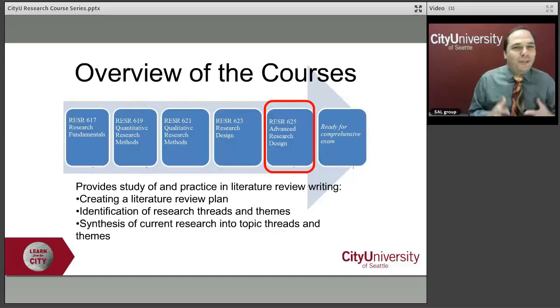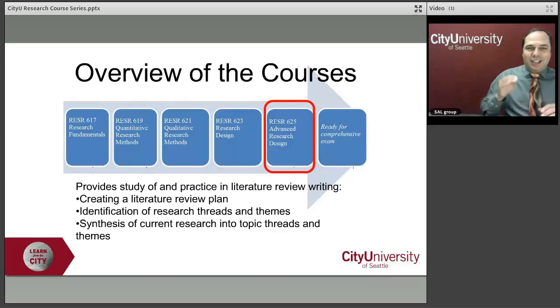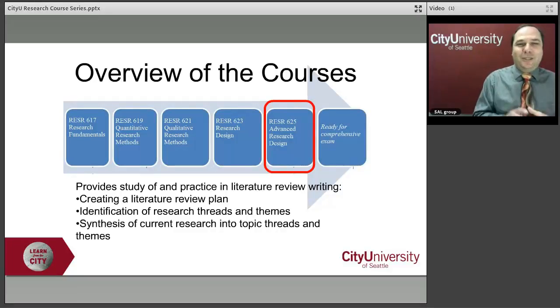A literature review is not just a listing of the articles that appear in the literature and a telling of how they were done and what was found. That's what we call an annotated bibliography. And there's a place for that, but it's not in the dissertation. It's not in our research series. What we're looking for is, as the bullet here says, a synthesis of the research that has been done,